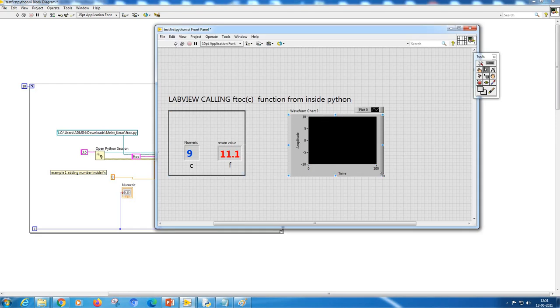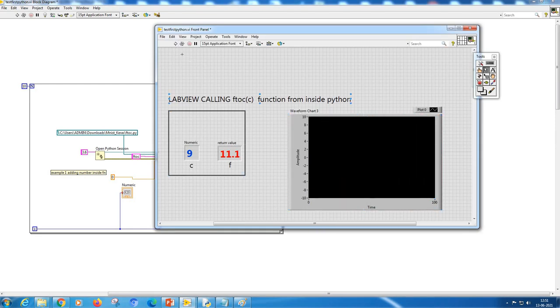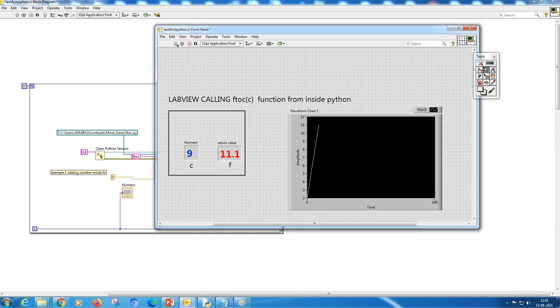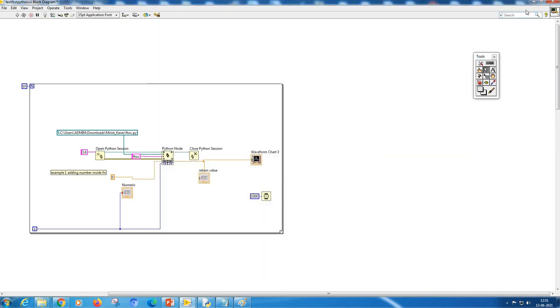As I run this program, you will see how the screen changes. See, 1, 2, 3, 4 with respect to time, how it is changing, you can display it. This way you are able to combine LabVIEW and Python together.